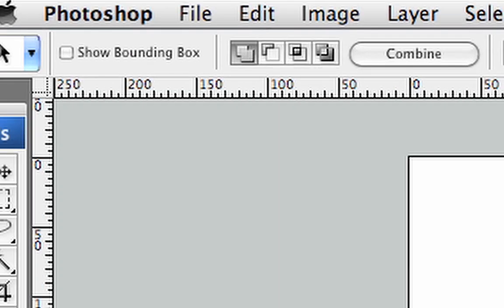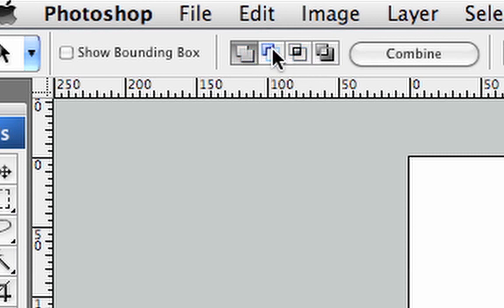Okay, so now press escape. Now we've got 1, 2, 3, 4, 5. So what can we do in the first place to combine them? Let's say that I want to combine this with this. I have the shortcuts in here in the option toolbar,